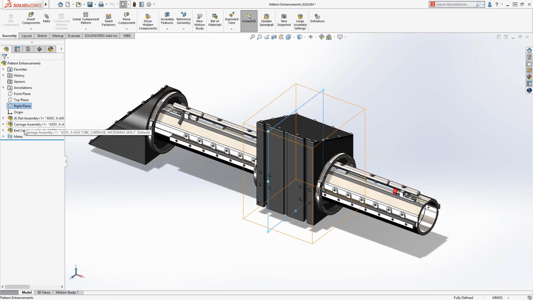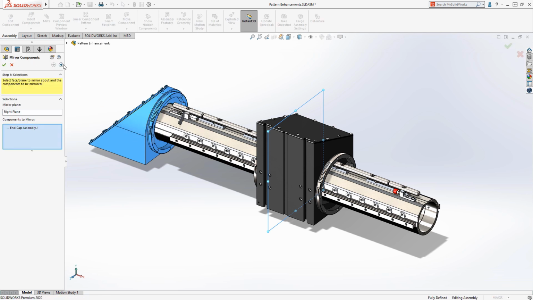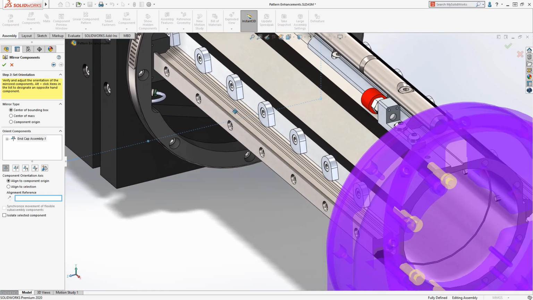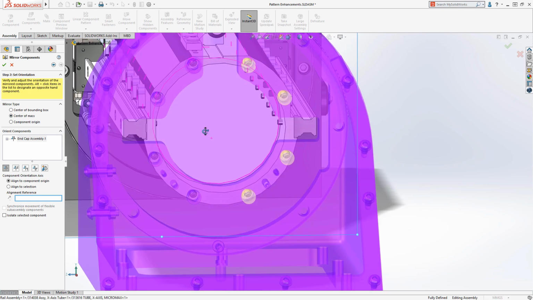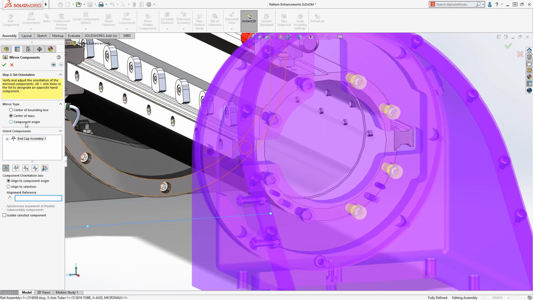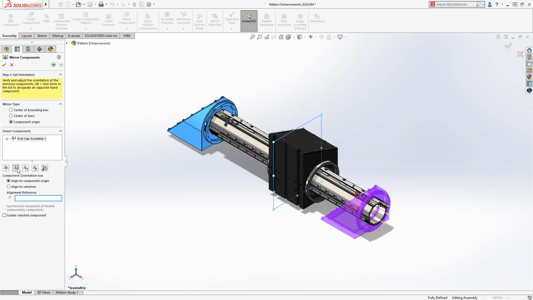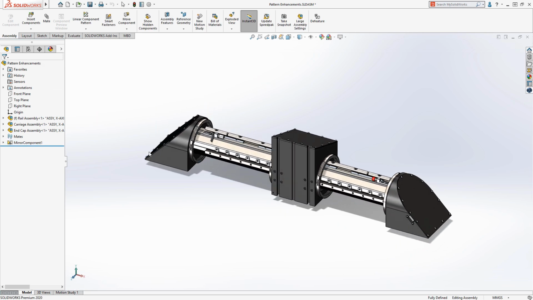When mirroring components, sometimes the option to use the center of bounding box or center of mass does not provide the desired results. The new option to use the component origins makes the mirror component command more robust for parts that are non-symmetric within the previous two cases. Likewise, the option to change the orientation of mirrored components is now easier to understand with quick access buttons within the Property Manager. Assembly patterns are now easier to create, more flexible in their control, and more intelligent in their